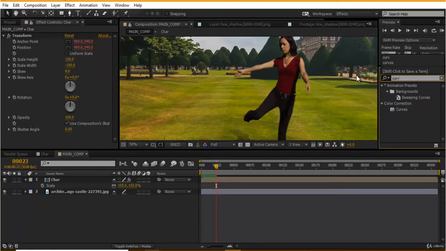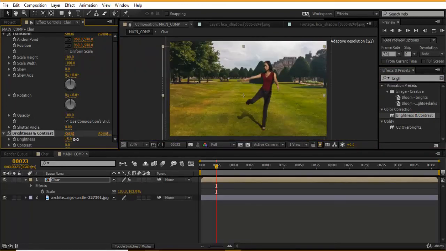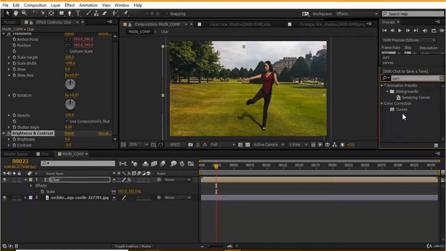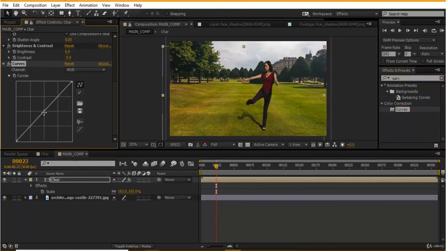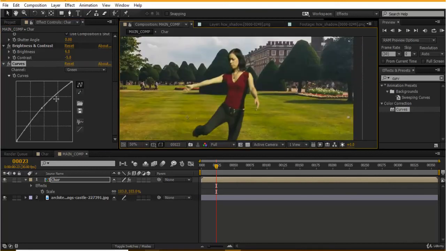also on my curves, or maybe brightness, I would like to increase the green values of this so that the grass over here actually gets a green kind of look.